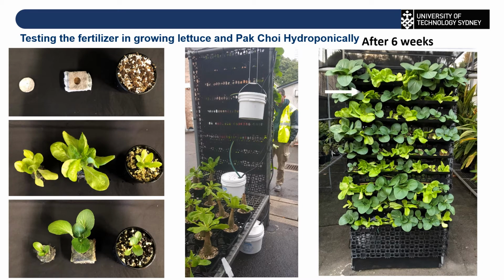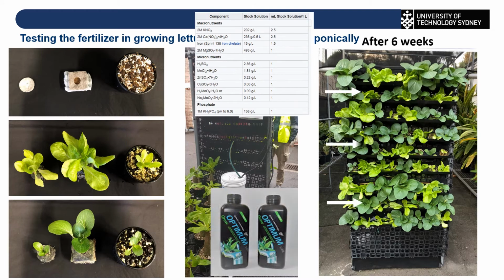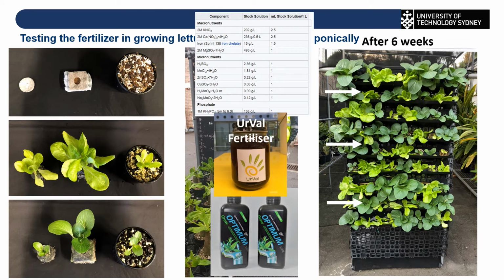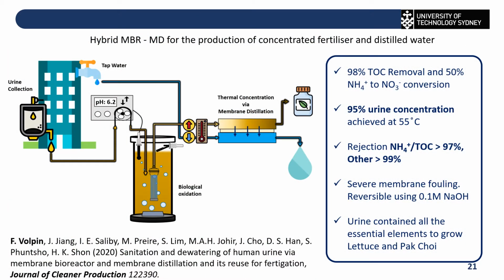Then we found out that the urine fertilizer can be equivalent for growing lettuce and pak choi compared to commercially available fertilizer. And based on this research, now we can answer that 98% of TOC removal and 50%